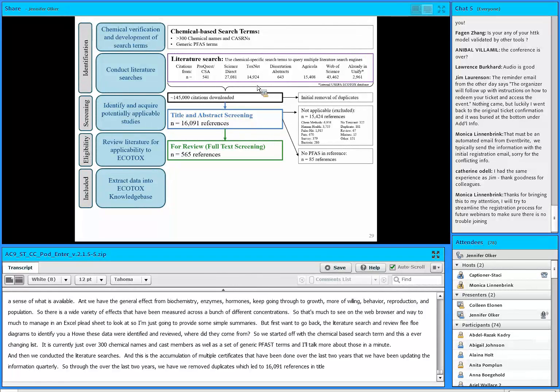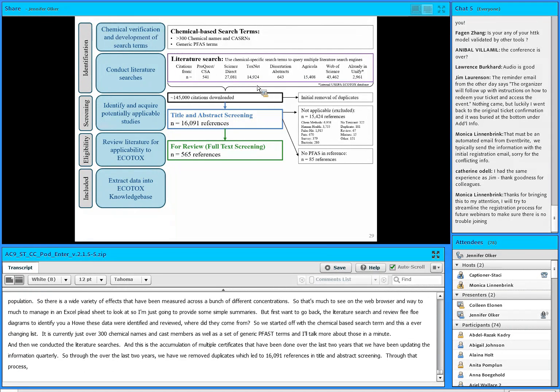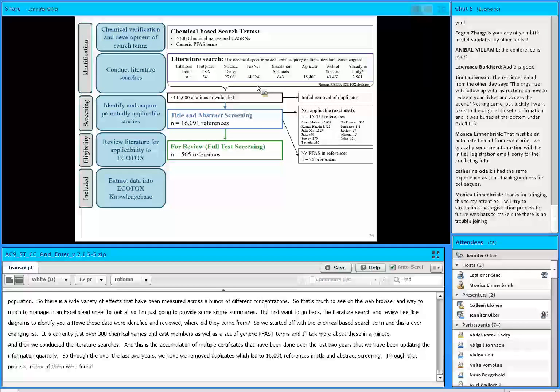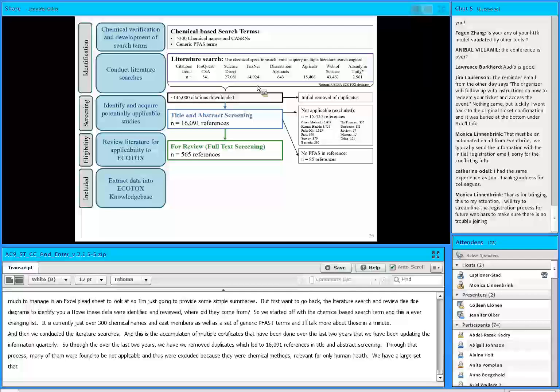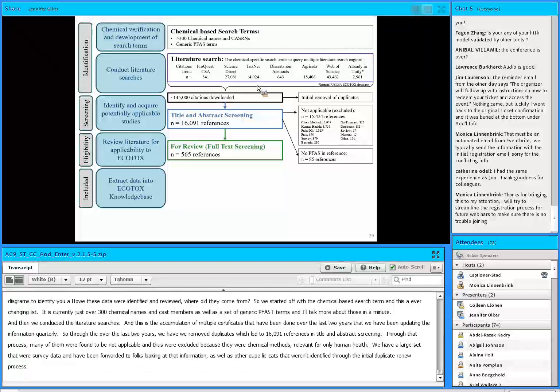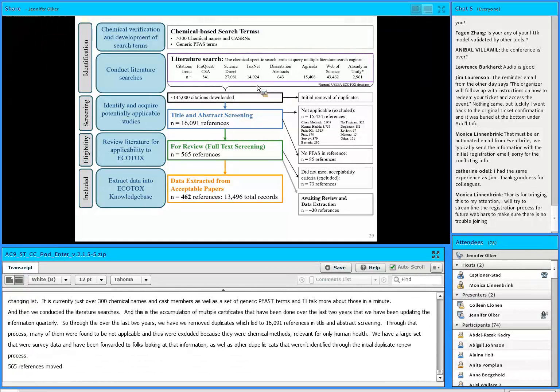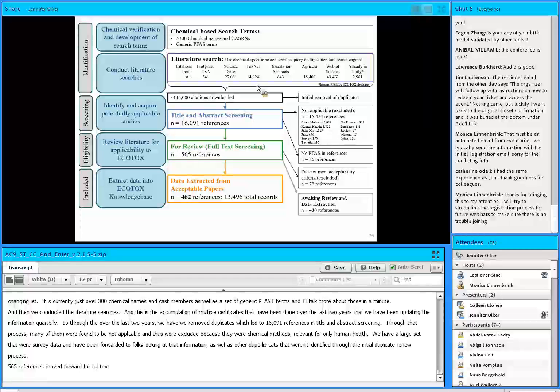Through that process, many of them were found to be not applicable and thus were excluded because they were chemical methods relevant only for human health. We have a large set that were survey data and have been forwarded to folks looking at that information, as well as some other duplicates that weren't identified through the initial duplicate removal process. 565 references moved forward for full text screening. Some of those don't meet the acceptability criteria, and we ended up through this process with data extraction from 462 references and a total of